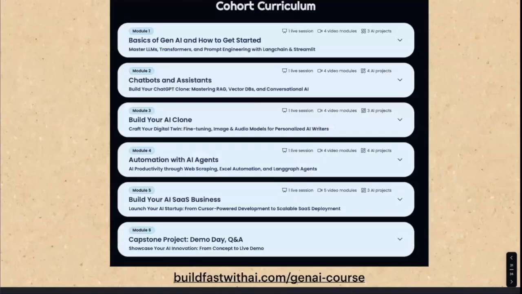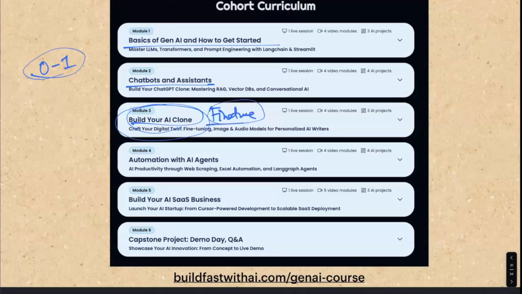This course is actually designed for you to get started with generative AI from 0 to 1. So we cover basics of generative AI. We talk about some prompt templates. We talk about fine tuning. So many people ask questions about fine tuning, so in our course, we have an entire module, an entire week dedicated to fine tuning. And we also